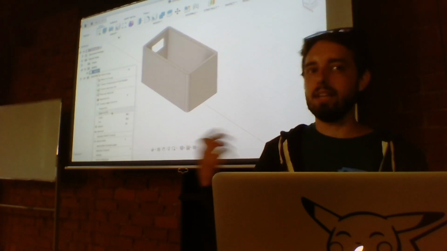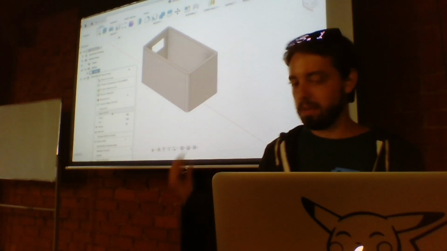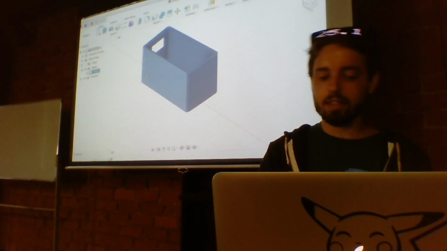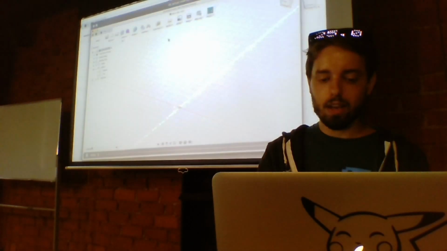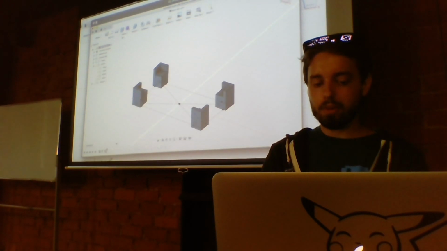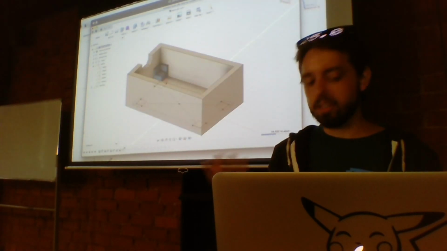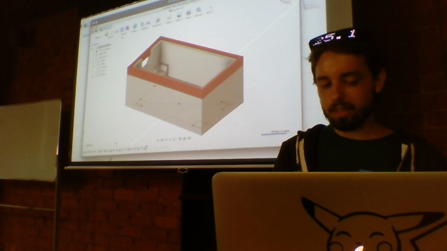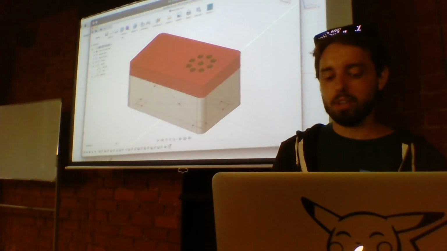Once it's saved as STL, you can use any 3D printing website you want to print that in 3D for you. If you want to see how I did it, I created some boxes like that, exactly the same way I showed you. I created two bodies, one for the cover, top and bottom. So it's exactly the same.